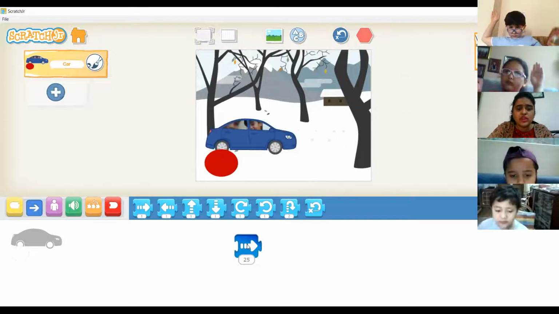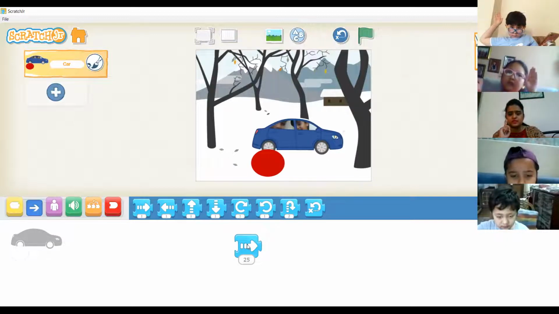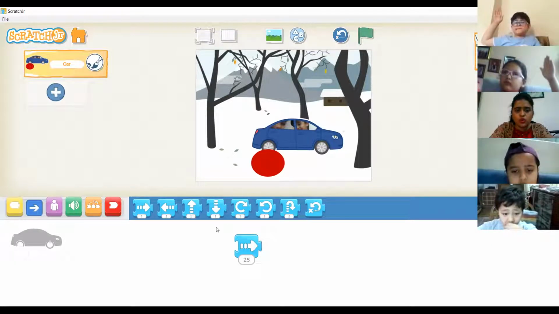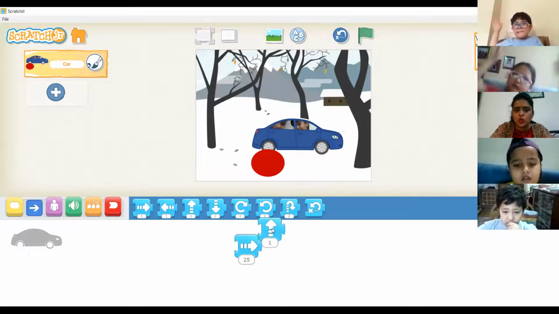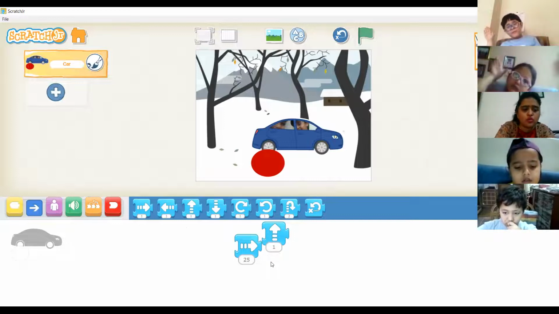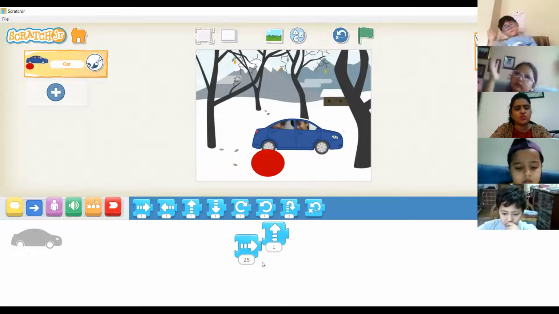So it is moving 25 steps and then it has stopped. Understood everyone? Now suppose I want to make the car move up. Okay, so I will take this arrow which is going up, and I want to make this car move again 25 steps up.